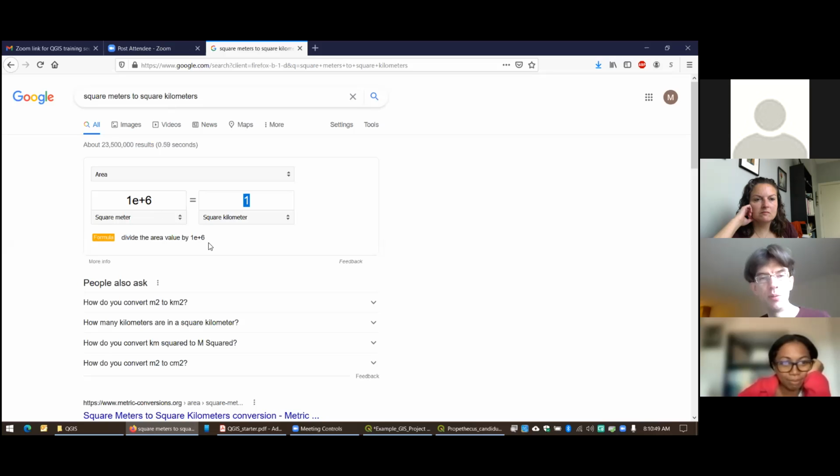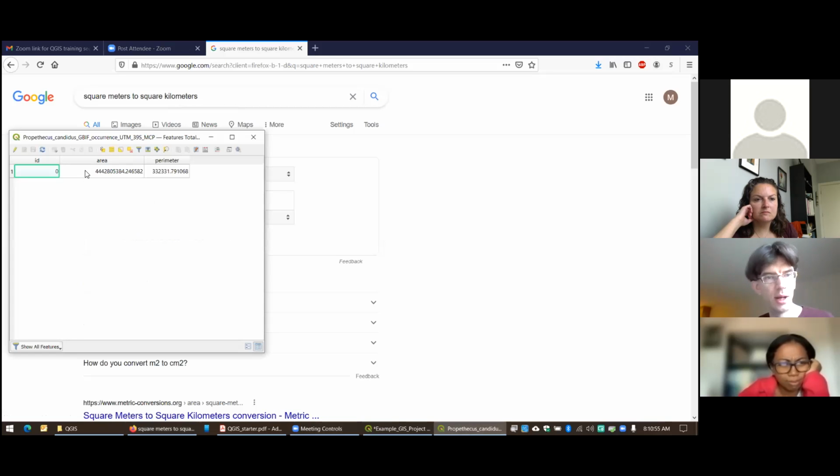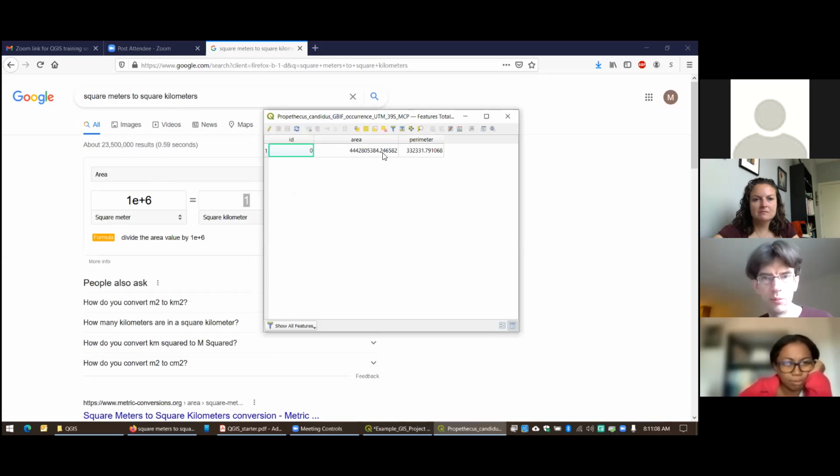So if I want to actually determine what this is in square kilometers over here, I would take this number and divide it by 1 plus 6 zeros, I said 10 zeros, I'm sorry, I meant 6 zeros. So that would essentially move this decimal point over 6 places, 1, 2, 3, 4, 5, 6.